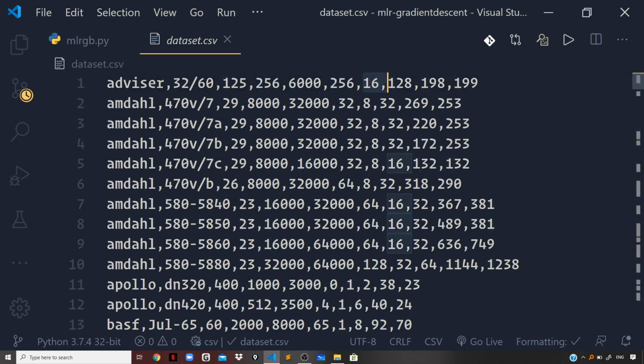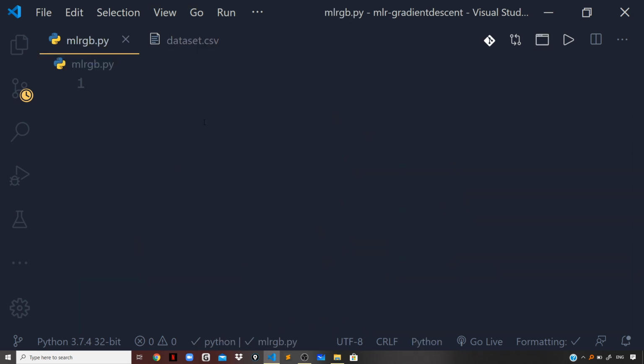minimum channels in units, then we have maximum channels in units, and the following attribute, which is this one, is your output or target variable, the published relative performance that we want to predict using the multiple linear regression algorithm. So now let us start writing some code to implement multiple linear regression on this dataset,